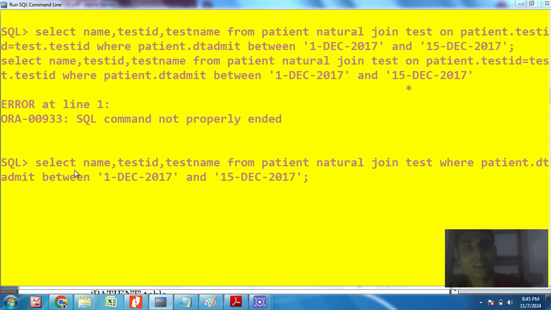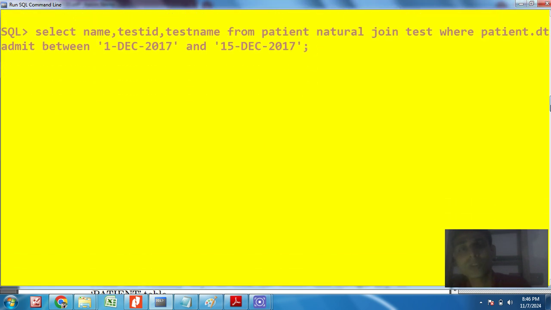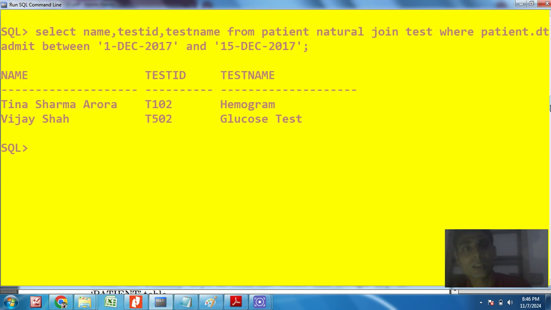Here we are writing just select name comma test id, test name from patient natural join test, where patient dot date of admit between 1st December 2017 and 15th December 2017. This might be the correct answer. Okay, just see the output.